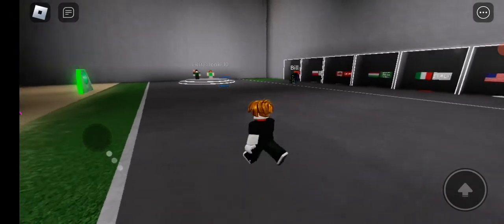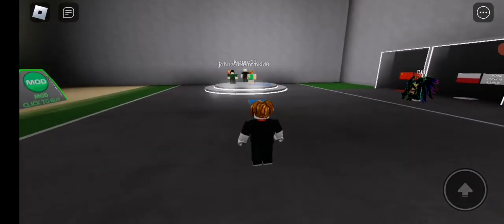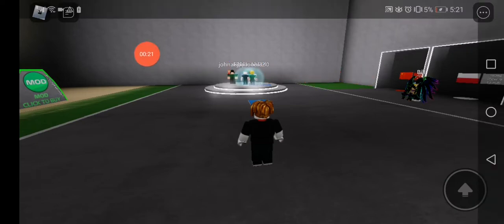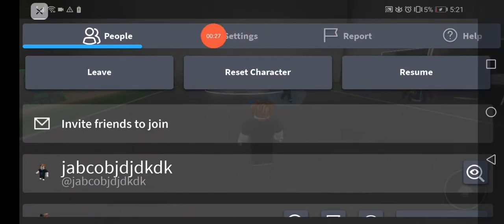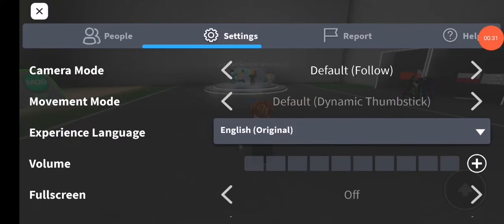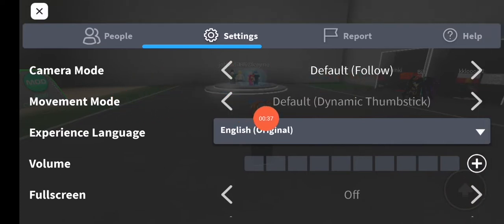Just go to Roblox. As you can see, this is one of the servers that I like, and then go to the top corner right here, click on the Roblox logo, and then go to this option, the second one at the top. It's called settings, and then make sure to set the camera mode on default and the movement mode on default